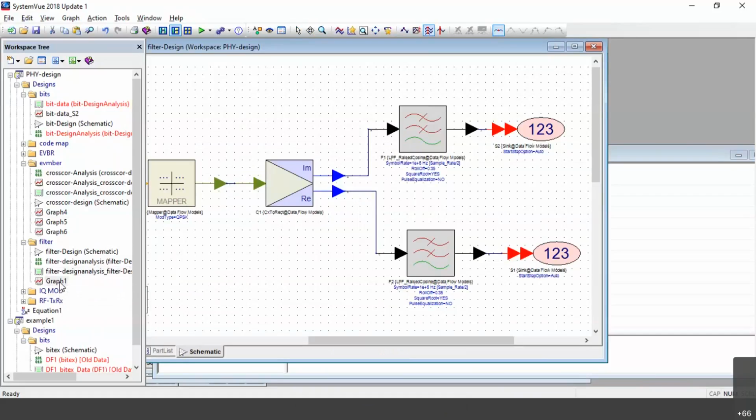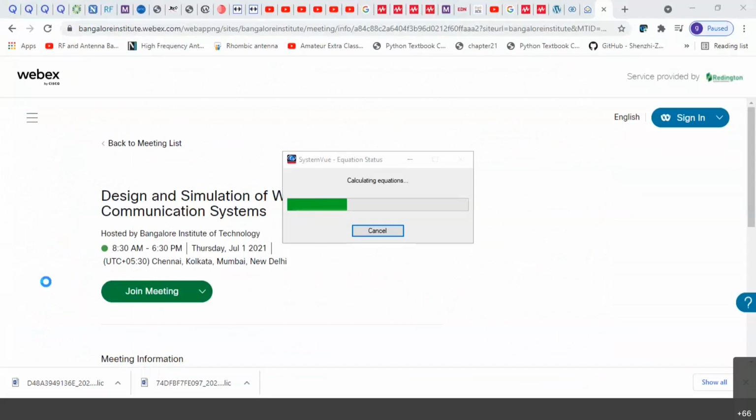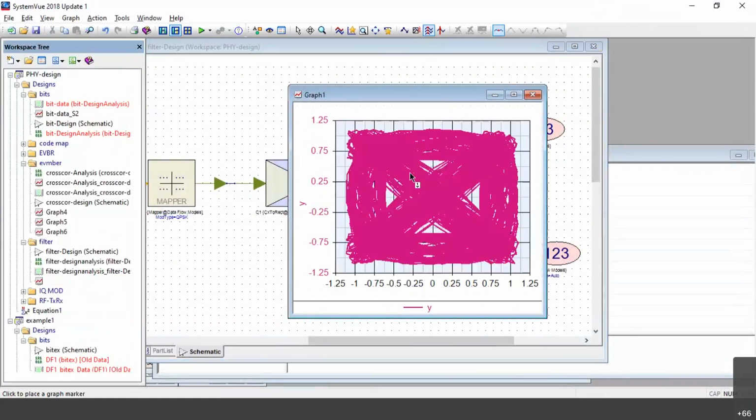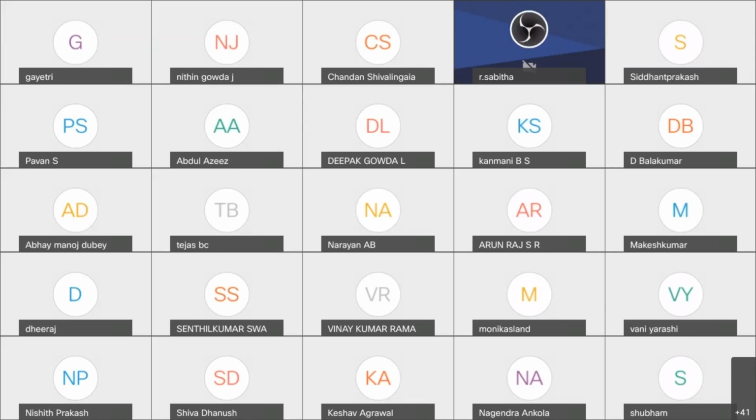It's already there. This is my graph. I think 1 second. It's something wrong. Mint. 1 second.